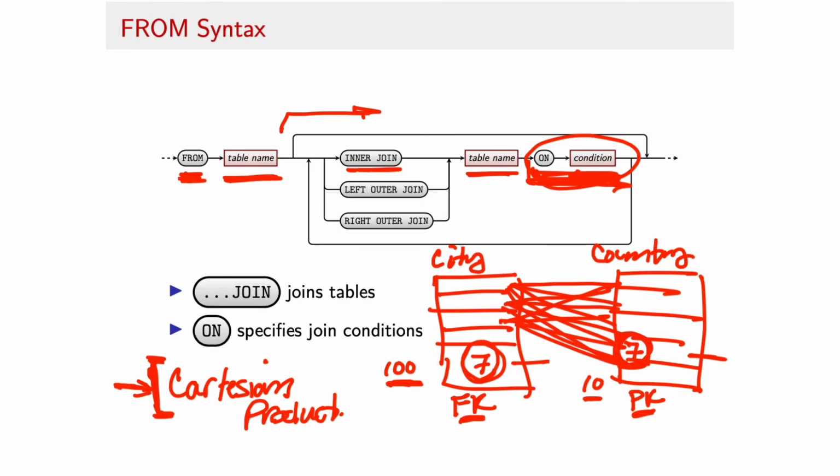Let's go back here and take a look at these other 2 join clauses. We've been specifying an inner join. And as I said, an inner join, when we use that on condition, is going to filter the conceptually produced Cartesian product such that the value in some field on the first table matches the value in some field on the second table. That's often what we want in situations where we have reasonable guarantees that every value of one field in the first table has some corresponding value in the second table,